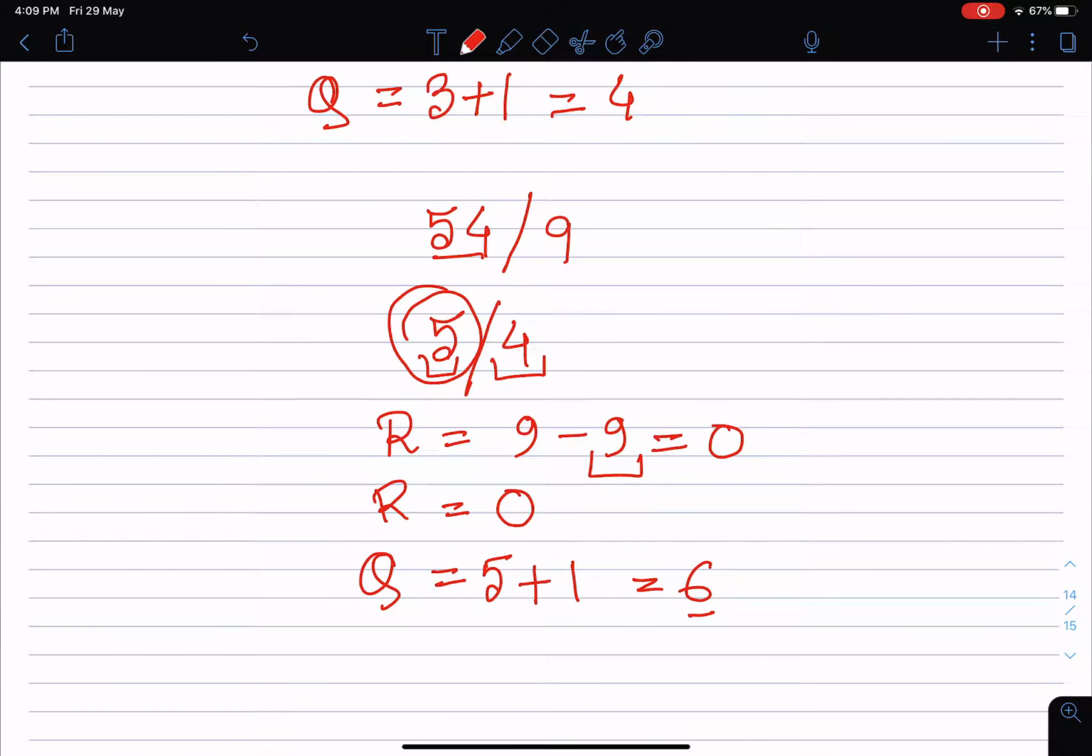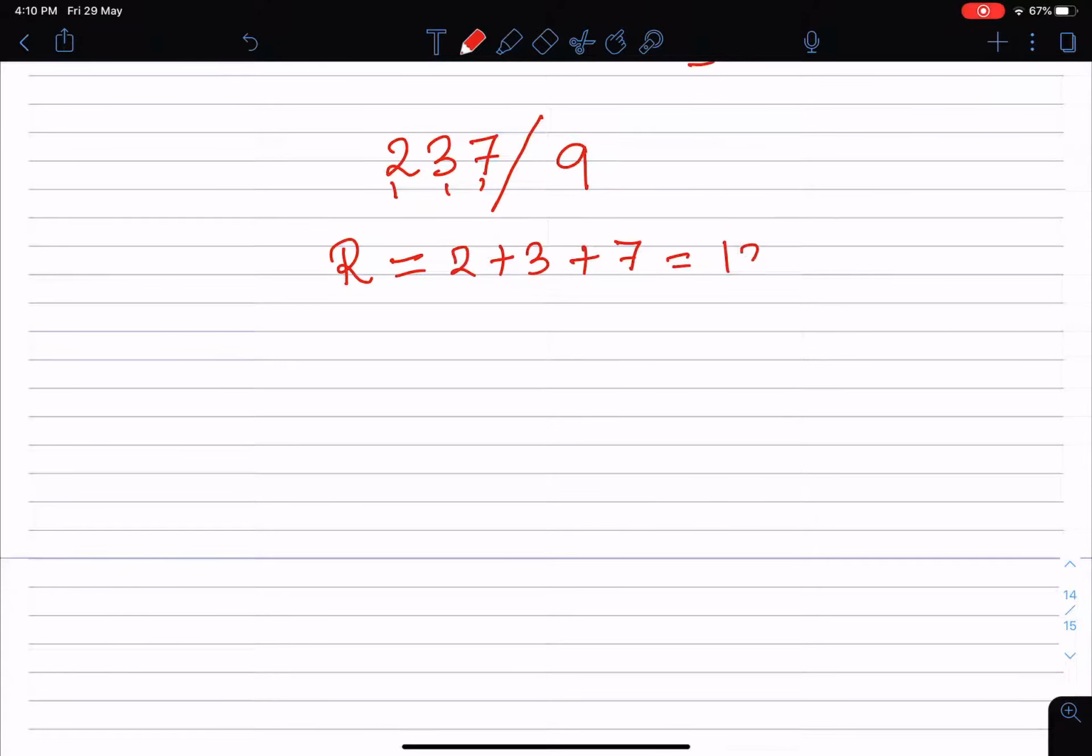Let's try a 3-digit number. Like we have a number 237, okay, and we have to divide this by 9. Now in this case, what was my formula for this remainder R? I have to add all these digits, that means 2 plus 3 plus 7, so it will come to